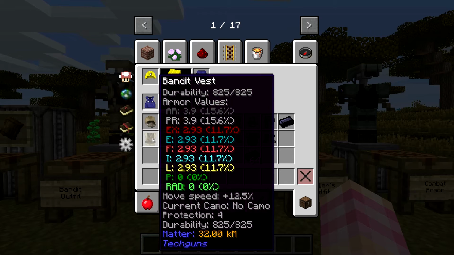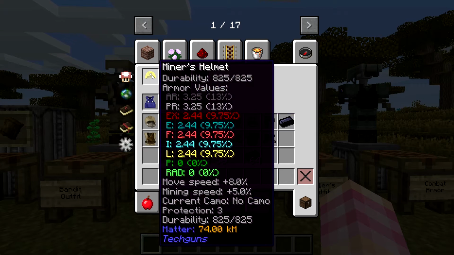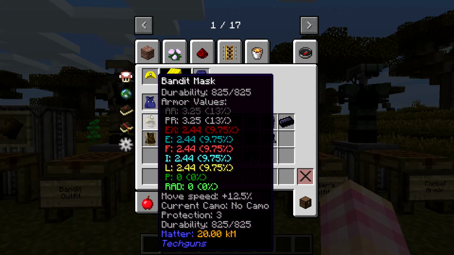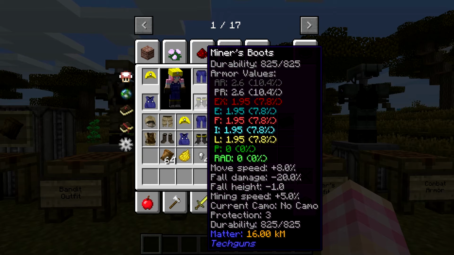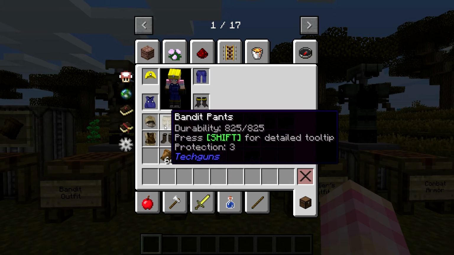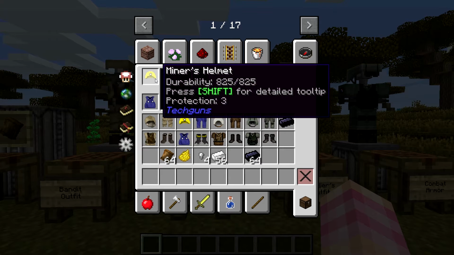As you can see, the durability on these pieces is exactly the same as the bandit outfit, and the protective values are exactly the same. So you're getting the same amount of protection between the miner's, 13 and 9.75, and the bandit's. So there's no difference there at all. Boots, 10.4, 7.8. Yep, no difference. It doesn't protect you against anything any better than the bandit outfit. You move a little bit slower than the bandit outfit, but you start getting into some other